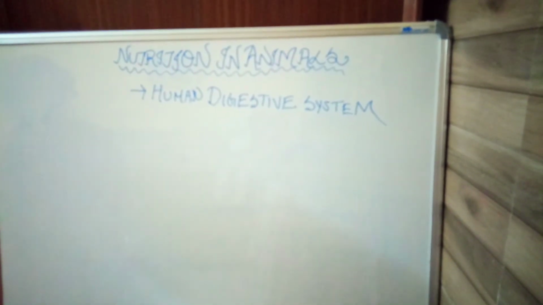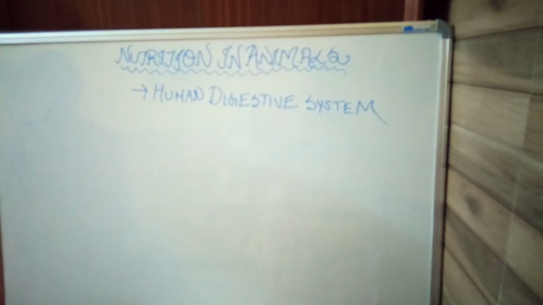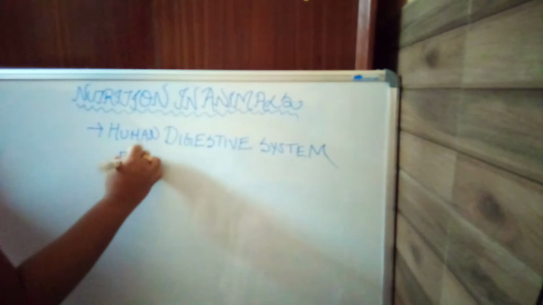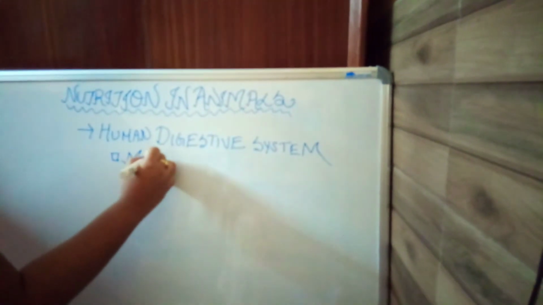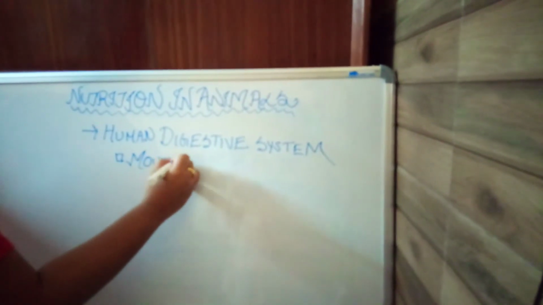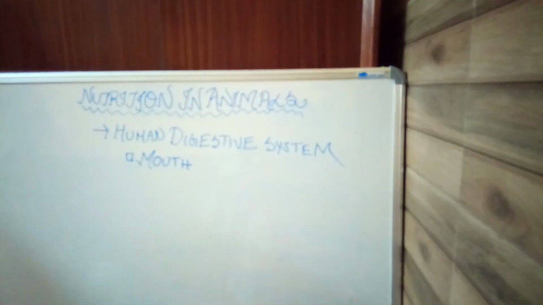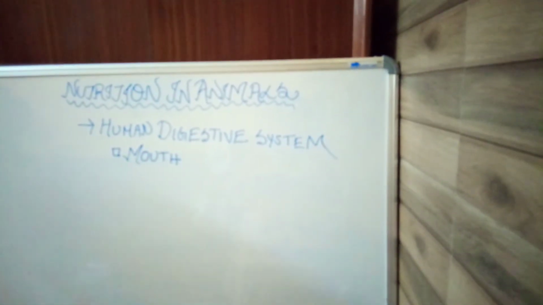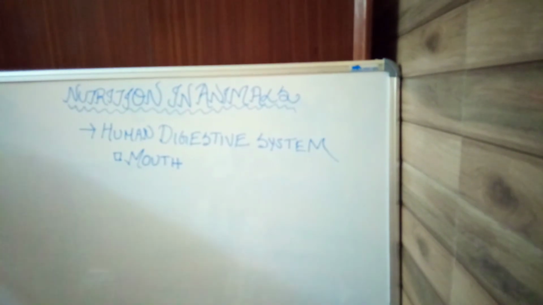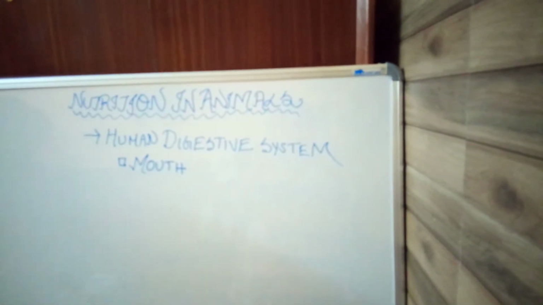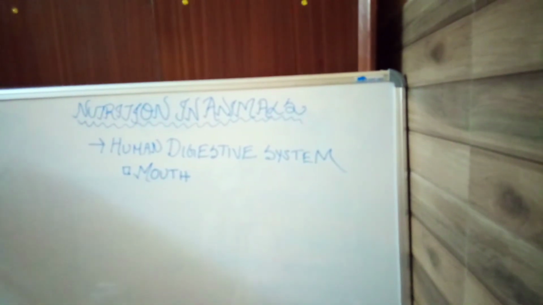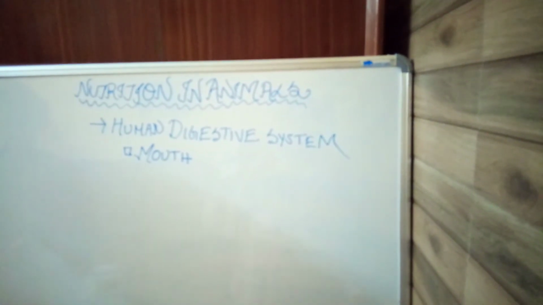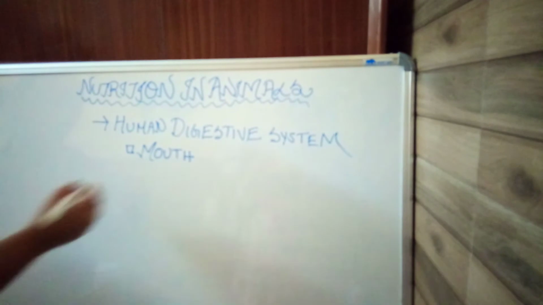Now, the first part of this digestive canal is the mouth. Okay, so mouth is the point of entry through which we take in food. It produces salivary juices, that is saliva, and it has teeth that break the food into simpler forms. Then the next part is the